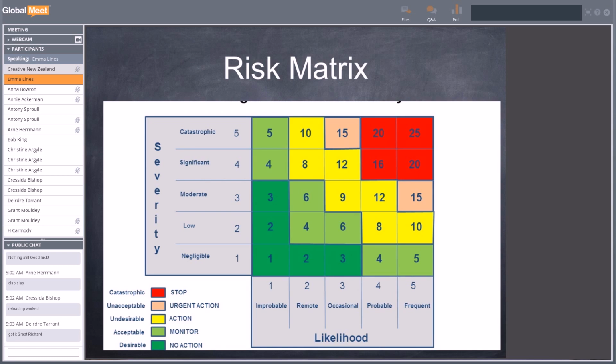This is what a risk matrix looks at. It looks at the severity of a hazard. So if this hazard was to become true, is it catastrophic, significant, moderate, low, or negligible severity? Then you look at the likelihood of it. It's improbable, it's a remote chance of it happening, it'll happen occasionally, it's probable, or it's frequently going to happen. So if you've got likelihood and severity, you're going to have that sort of green to red matrix. And if you apply this to your